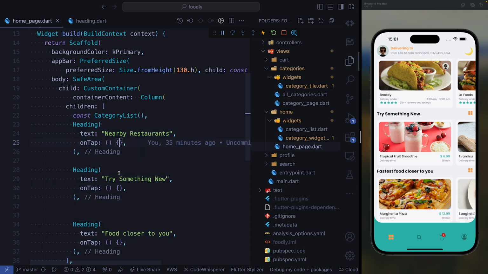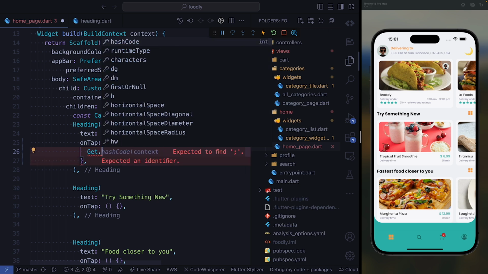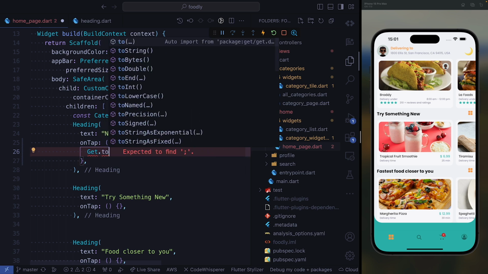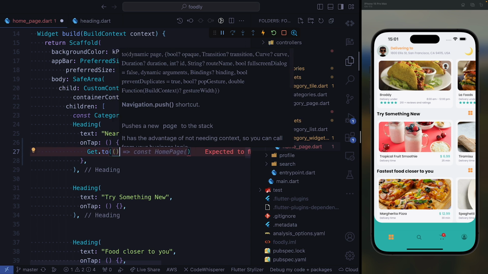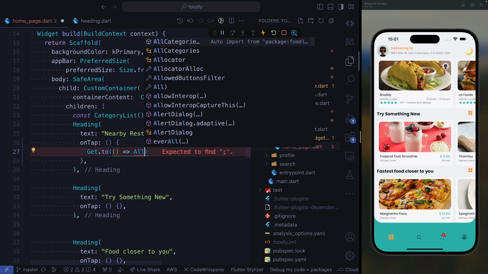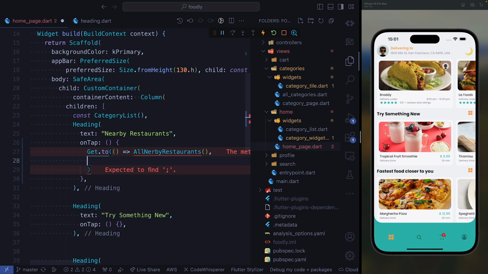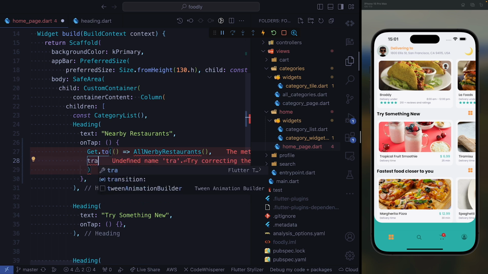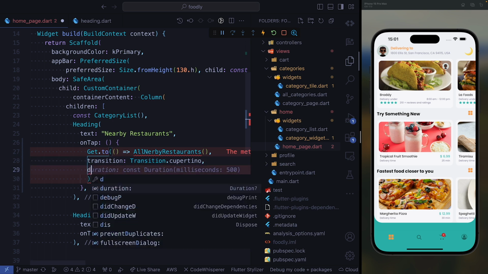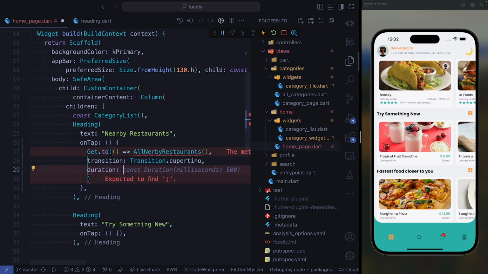So here we need to get to all nearby restaurants. Okay, so it's supposed to be get to. In here we're supposed to create a page. So the page name is going to be all nearby restaurants. Okay, so we need to add a transition and the duration of the transition. So for a transition here, we're going to use Cupertino, and for the duration, we're going to maintain the same duration of 900 milliseconds. So here we need to change from 500 to 900, and we need to close it